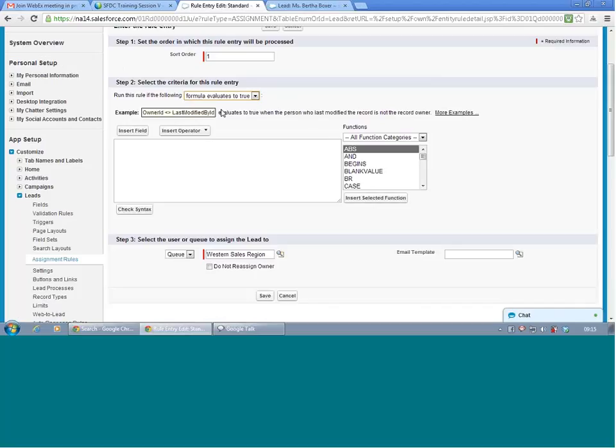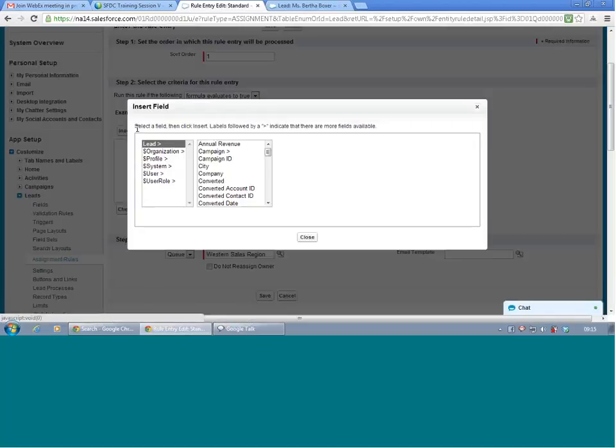Now what we are going to do is insert field and select your sales region field from the lead.